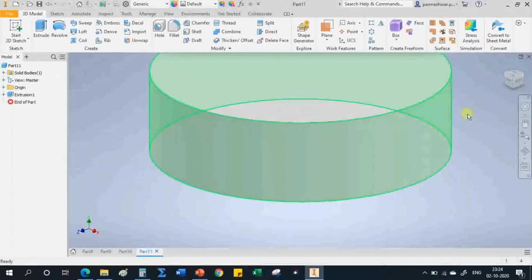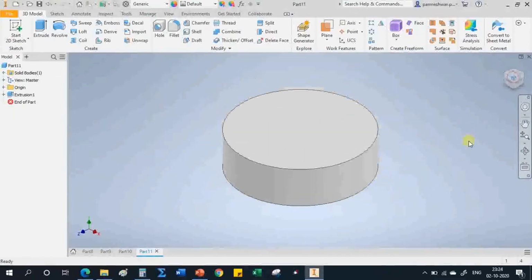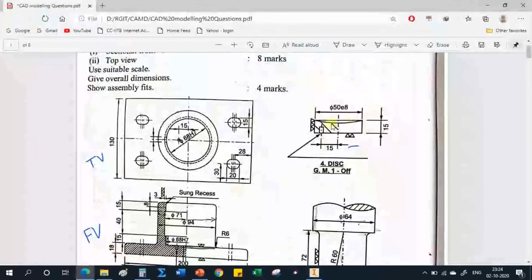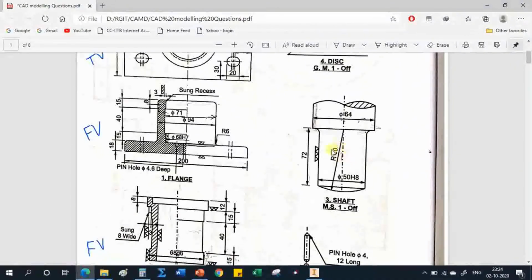Okay, so here it is 15, right? And if you see here, there is a curve like structure, and the dimension of that curve, it is like a saucer. Okay, it is like a saucer, right? So dimension of that is nothing but the radius 60, right?